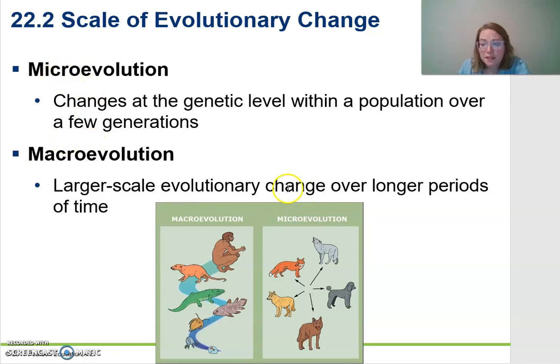Next, let's look at the scale of evolutionary change. The big picture evolution is macroevolution, where you have large changes over long time periods. That's what I was talking about a few slides ago. Microevolution, on the other hand, happens within a population very quickly over time. You can see this in a bacterial petri dish, where you'll see changes at the genetic level, different frequencies of alleles. Evolution is a change in allele frequency over time. You can see that quickly in microevolution. Macro is these bigger scale changes.